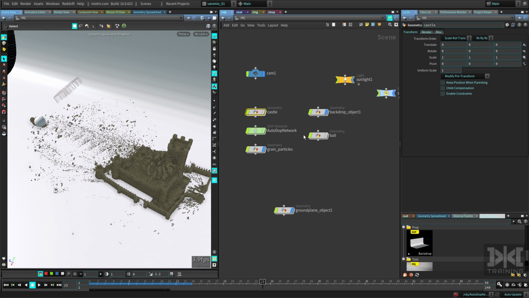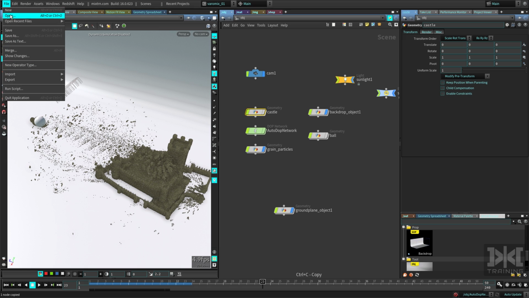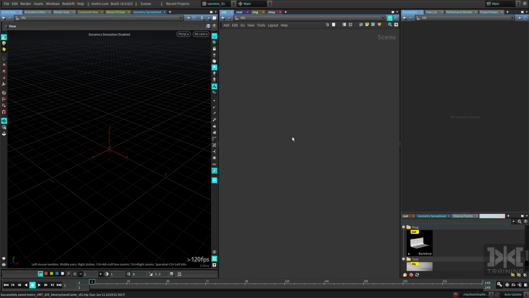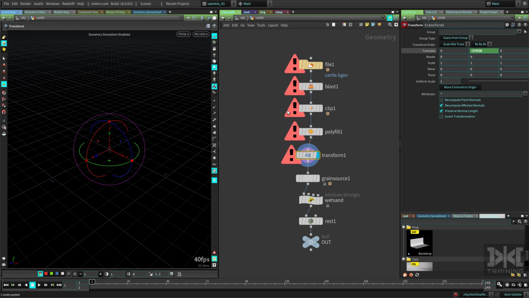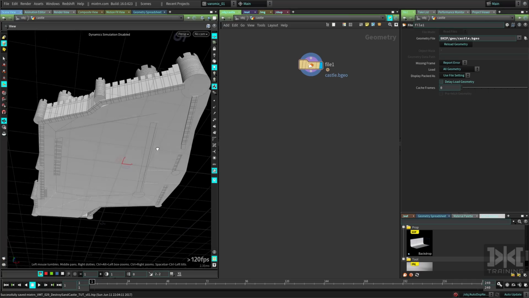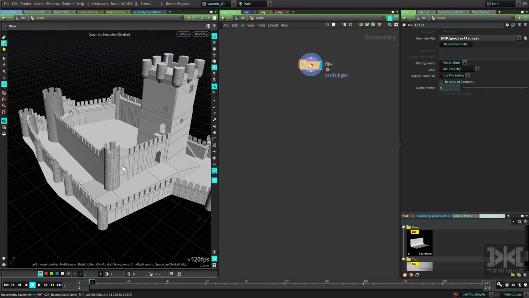Let's make a new scene. Let me save this new, and I just copied that castle that I had prepared. I'm just going to delete all this, and I want to show you what I have to start off. Alright, so I have this castle, and there's a few things that I want to